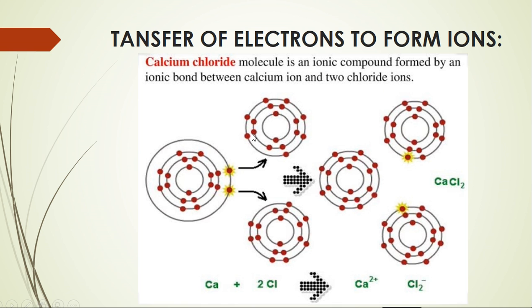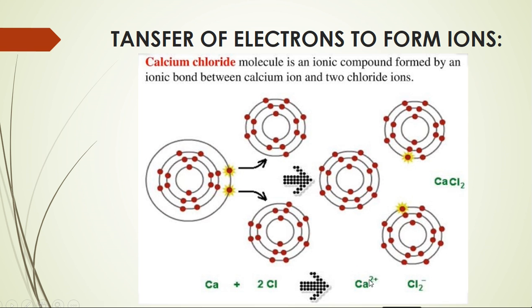So how does all this happen? Let me explain it now. This is a calcium atom with outer 2 electrons. So it wants to complete its outer shell. By losing these 2 electrons, the inner shell will become the outer one, which is complete. Because it cannot gain 6 electrons, but it can lose 2 electrons very easily. So by losing these 2 electrons, the inner shell will become the outer shell, and that is complete. So it becomes stable and complete.